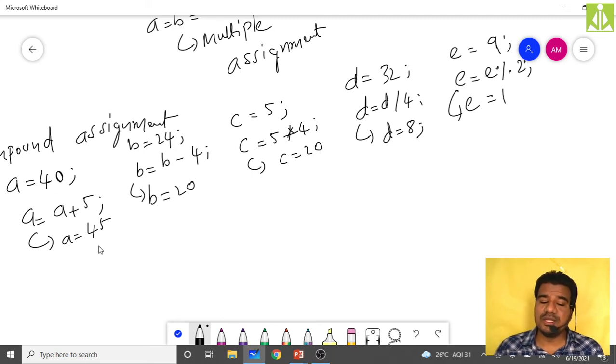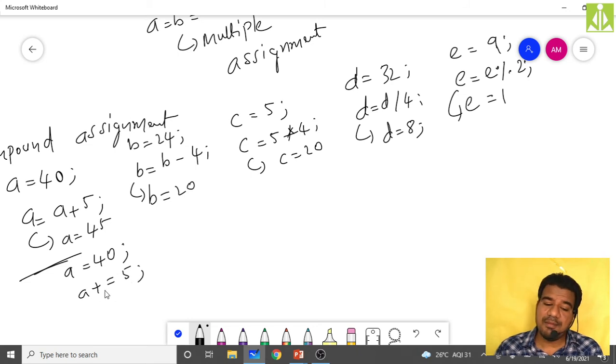So rather than considering the same statement multiple times, we have a shortcut approach of doing the same thing in a single statement. Rather than going with multiple statements, you can do that in a single statement. So how? Let's assume for this shortcut way the A value as 40 only. A is equal to 40. Then you just make it as A plus equals 5.